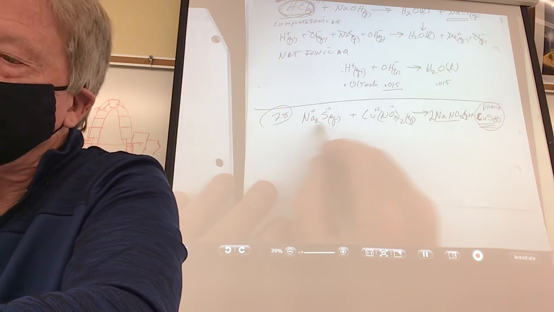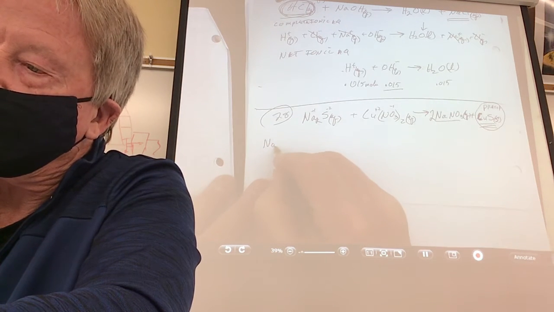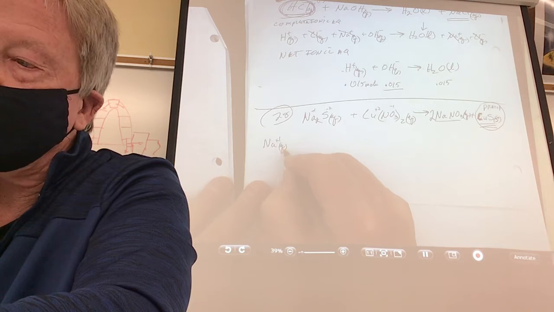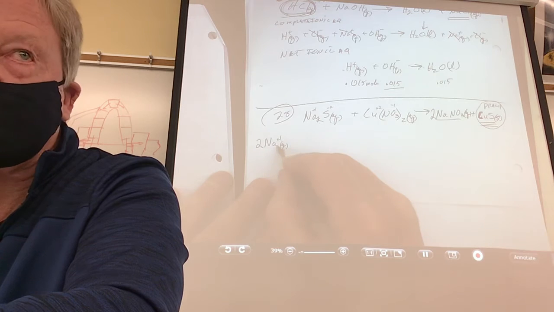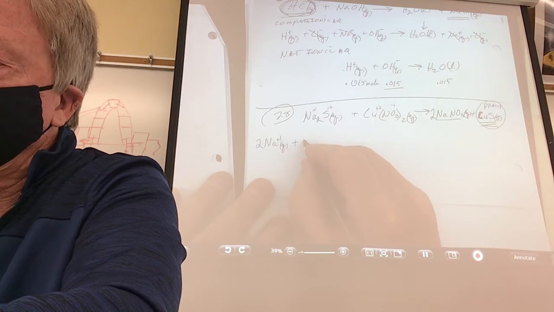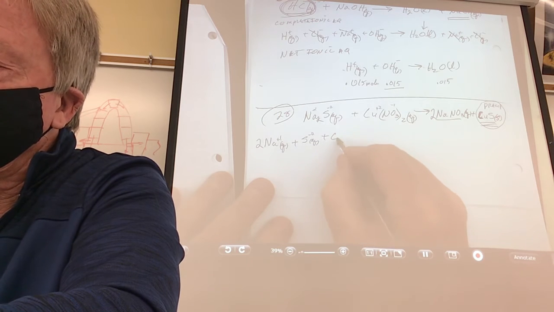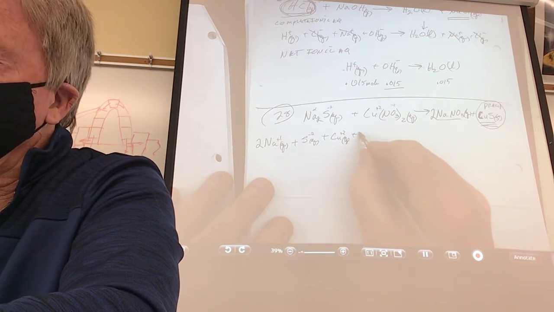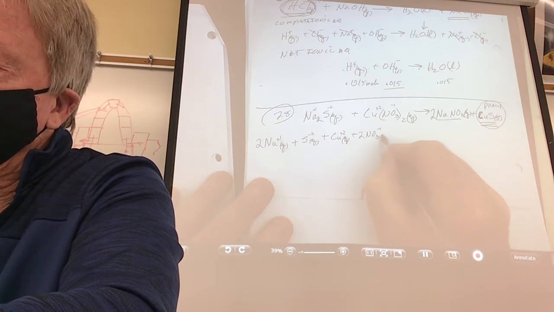Caleb, help me out. What's the first thing I'm going to write down? Sodium plus. Am I going to put aqueous after or not? Yes. Put 2 in front of it. I'm not going to put a subscript 2. There's no diatomic sodium. Keep going, Caleb. S minus 2 aqueous plus Cu plus 2 aqueous plus 2 NO3. Not diatomic nitrate? No, there's no diatomic nitrates. 2 NO3 minus 1 aqueous